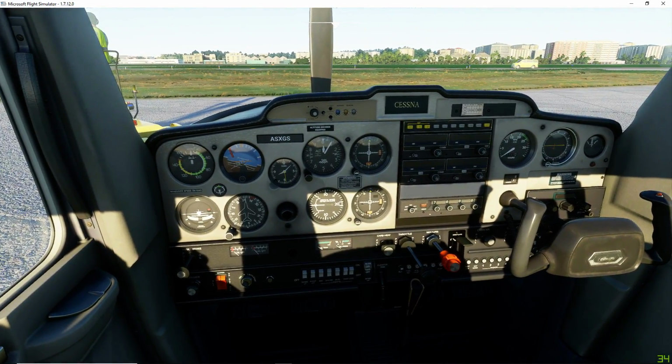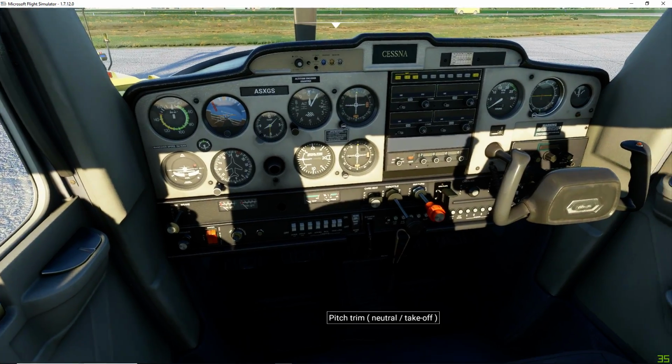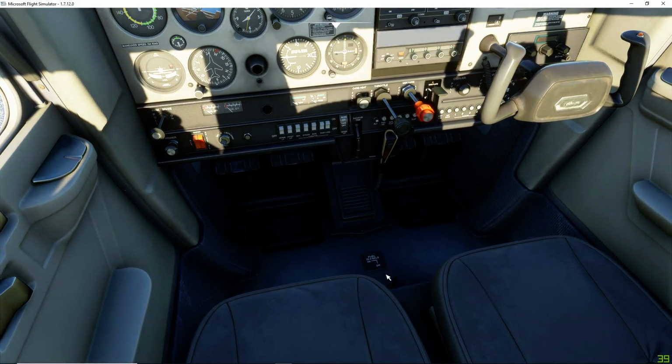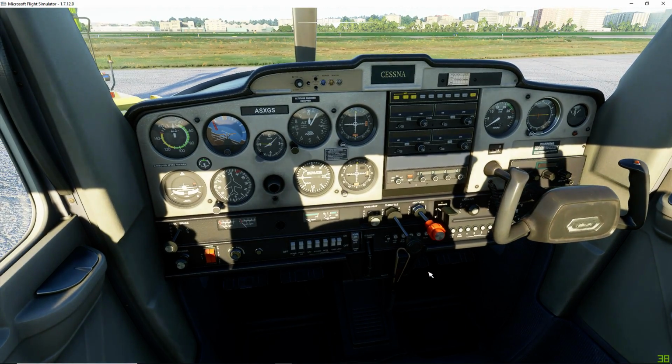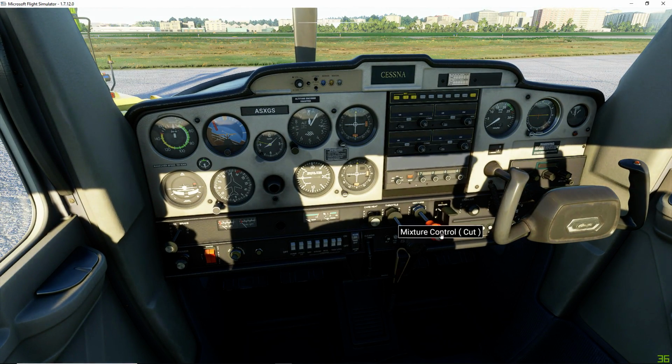Okay, so firstly we're going to check that our fuel is on both. So down here we have the fuel lever or fuel shut off valve. It's either that is to close and then it's to open. So I'm going to open that up. Okay, and I'm going to put the mixture to rich. I'm trying to do this as what I was taught during my flight lessons here. So I'm going to put that mixture to rich,